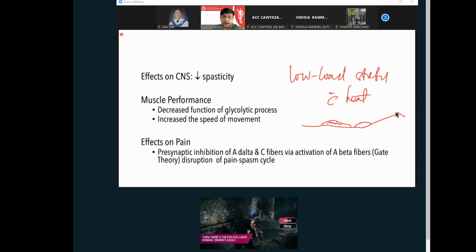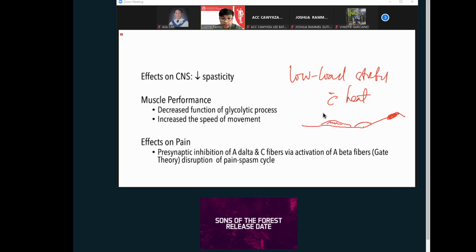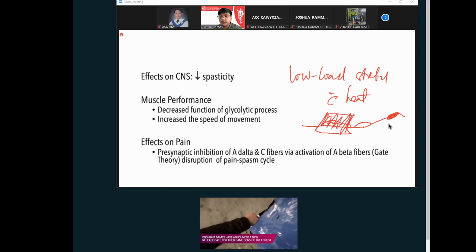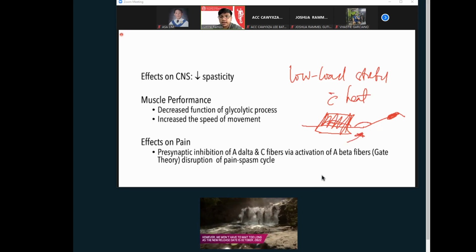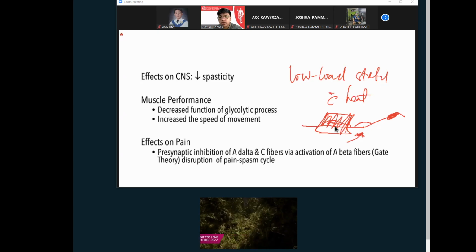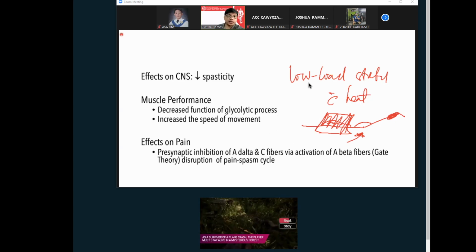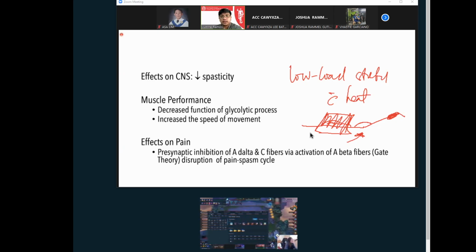So ang gagawin mo lang, mag-apply ka lang diyan ng weights, siguro mga 3 kg na ankle weights, then maglagay ka dito ng HMP. Okay? Automatic after a few minutes, magre-relax 'yan. Although, okay, the patient will be feeling some pain on the knee. Okay? Kasi ang effect nun is it will relax no yung iyong hyperactive gamma motor neurons. Okay? Yan ginagawa natin to kapag meron kang mga ACL post reconstruction, okay? Yan. Kapag may spasm yung hamstring.